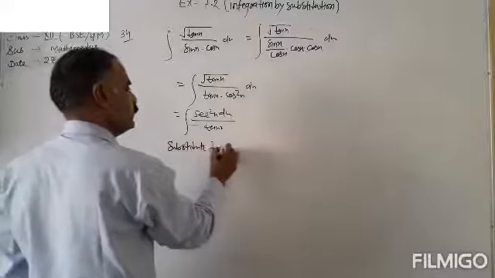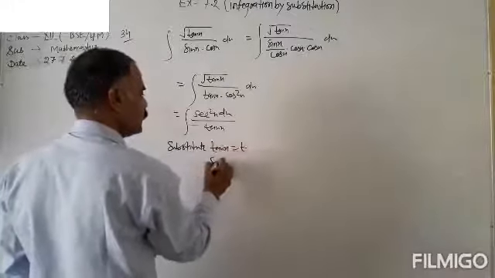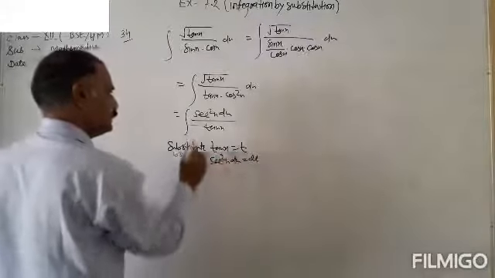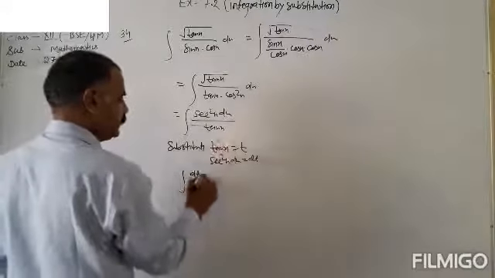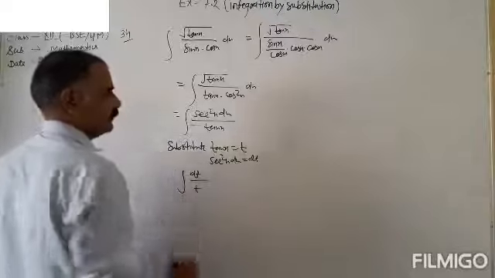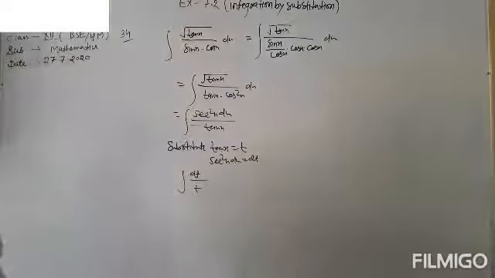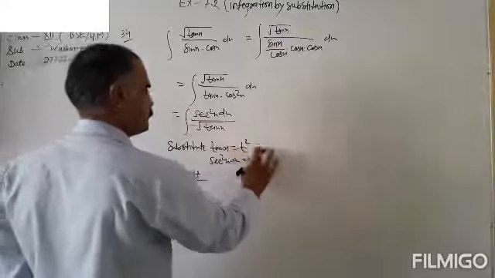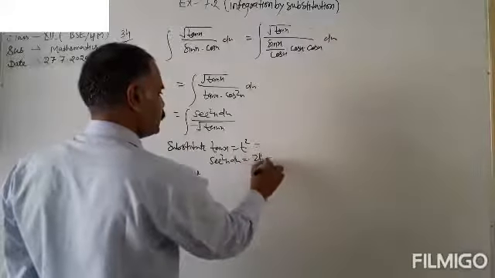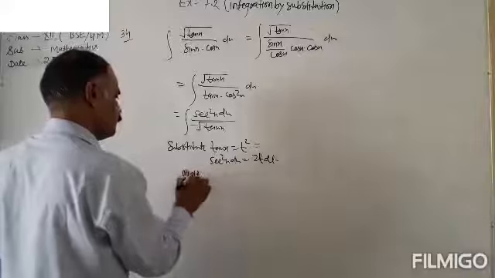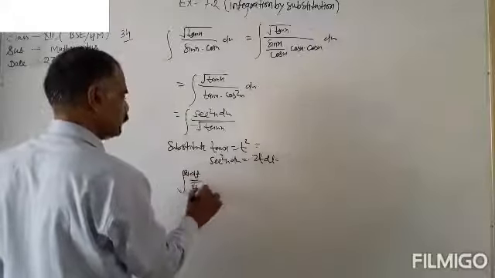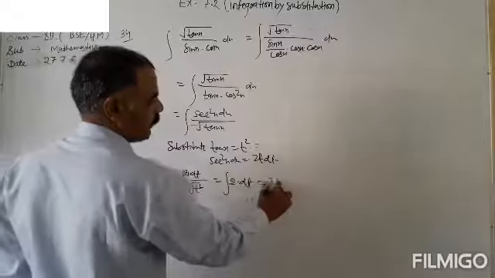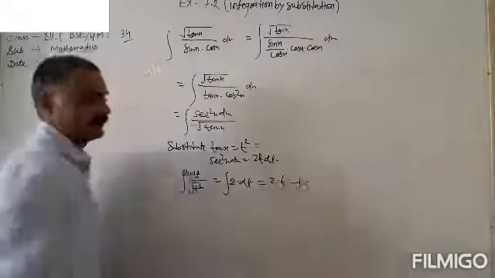Now substitute tan x equal to t. So sec square x dx equals dt. So the integration is dt upon t, times root tan x. Put tan x equal to t square, so this is equal to 2t dt. So 2t dt upon root t square. So this will cancel, leaving 2 dt. Finally the answer is 2t plus c.